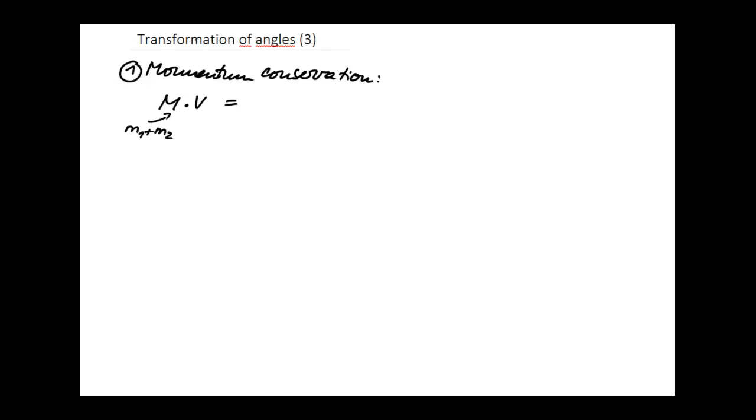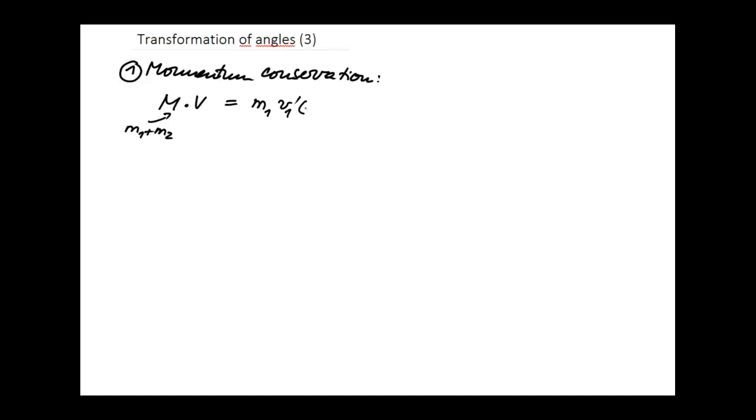And the projectile has mass m1 and velocity r1 prime dot. So the contribution to the total momentum comes only from the projectile, so it's m1 times v1 prime, because we're in the lab frame